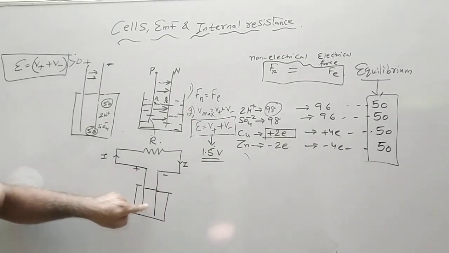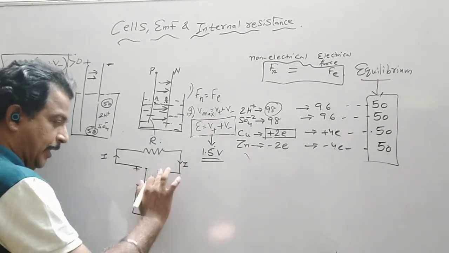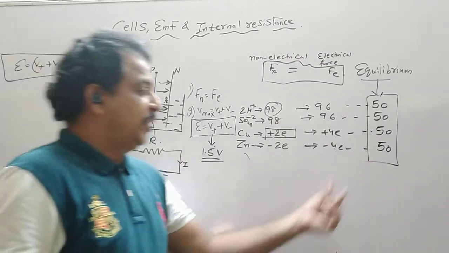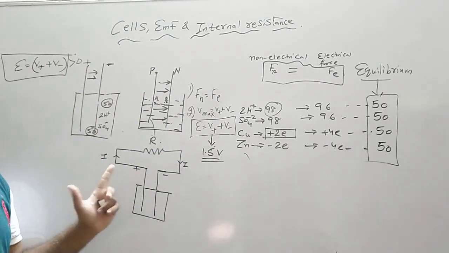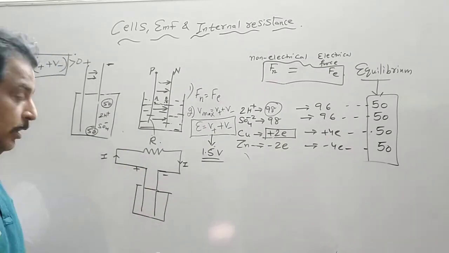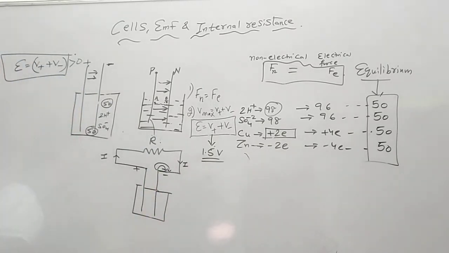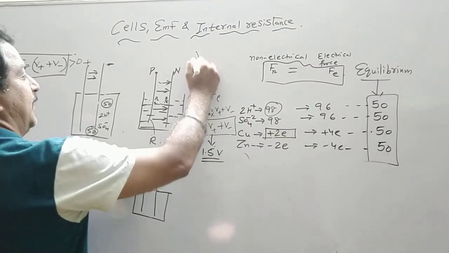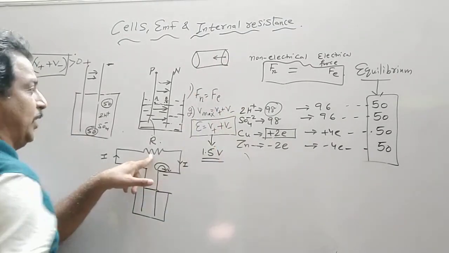Now what happened inside the cell? As soon as I connect these two wires, this zinc is more negative as compared to this electrode. So this electrode is positively charged, this electrode is negatively charged. Let us again start a cycle. At a time, suppose these 2 electrons come out. Now the motion of the electron will start. We have studied the motion inside the conductor. What happens when this electron is accelerated? Now the electrons will accelerate.